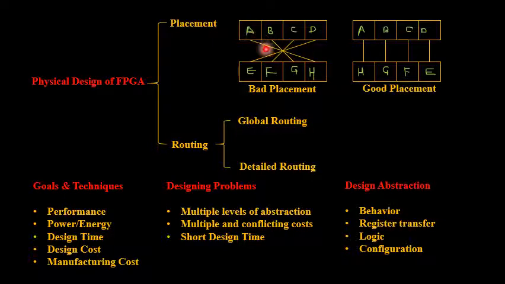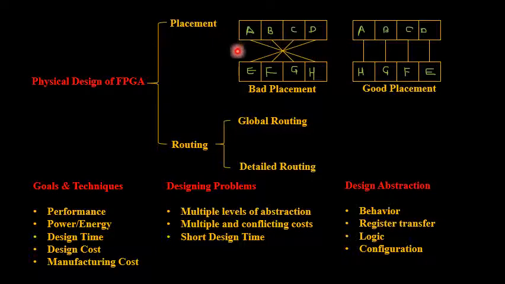But if you see the length of the interconnects over here, it is quite large. If the interconnect from one particular block to another block has a larger length, it means that in order to carry the signal from this block to this block, it is taking this much delay. So the length of the interconnect is going to decide the delay which each and every individual block is going to take.